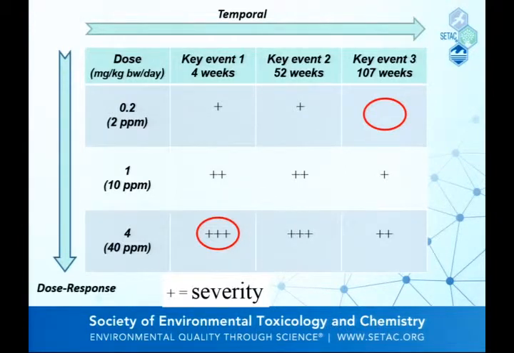If we look at any one of those key events across doses, what are we seeing? We're seeing increasing severity with increasing dose. It's what we expect to see within a given key event. When we look across the doses, there are less severe effects at equivalent doses on key event 3. Okay? So organizing the information in this manner allows you to pretty quickly assess, across all your key events, whether you've got concordance or not among your AOP.